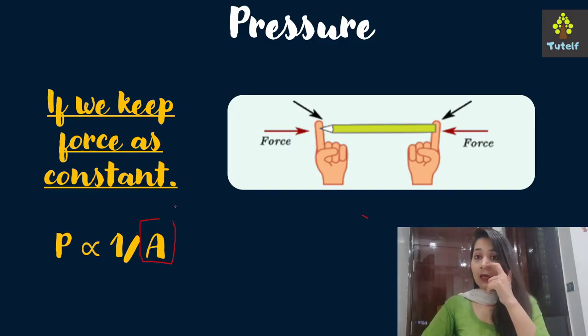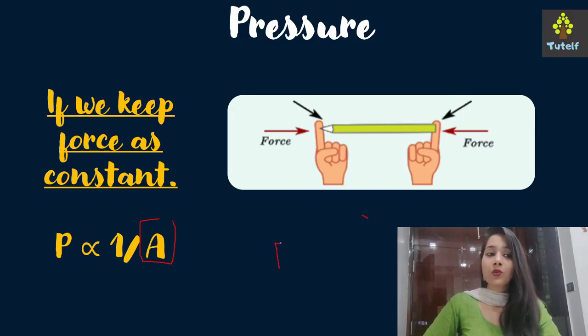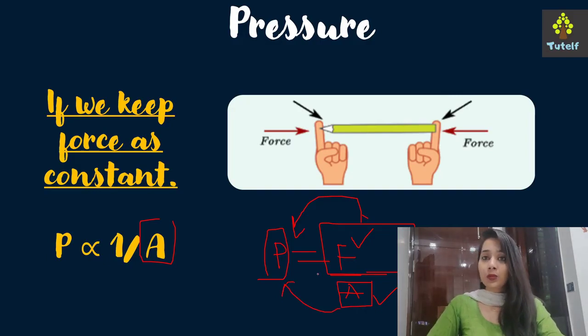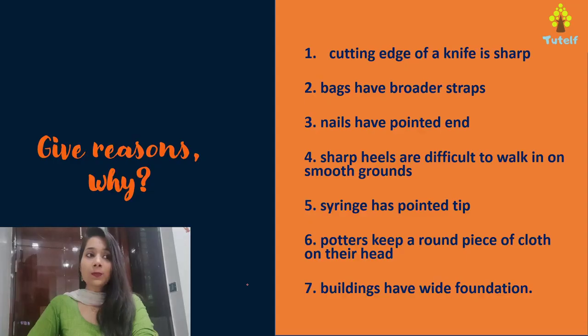Now, how do you find whether the variables are directly proportional or inversely proportional? The formula says P equals F upon A, right? Now, if I need to find pressure, I have force in the numerator and area in the denominator. All the variables which I have in the numerator are directly proportional to the term mentioned on the left, and everything that I have in the denominator is inversely proportional to it. So force is directly proportional to the pressure, and area is inversely proportional to the pressure. I hope this part is clear to you.